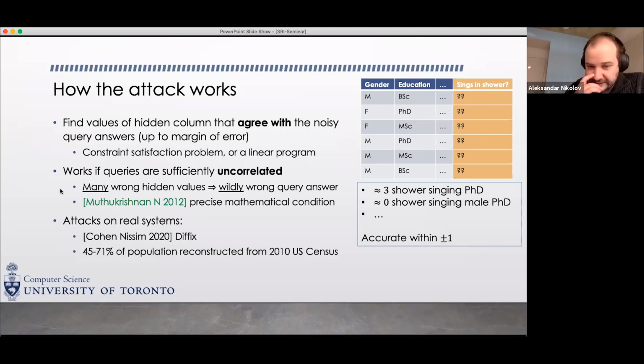Okay, let me tell you that these attacks are not just theoretical, so they have been carried out, and the attacks are pretty robust, and with some cleverness you can often adapt the attacks even to settings that don't look exactly like the setting I'm describing here. One example is pretty recent, is work by Cohen and Nissim from 2020, where they show that a commercial query answering system that's designed to preserve privacy, called Diffix, is actually vulnerable to